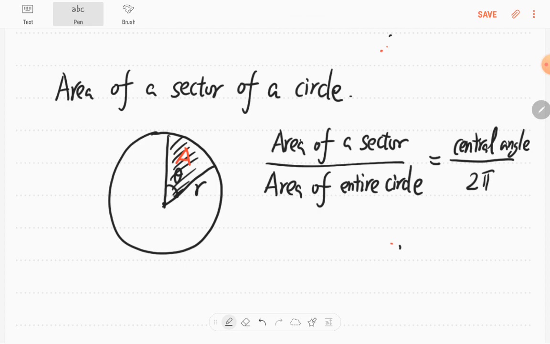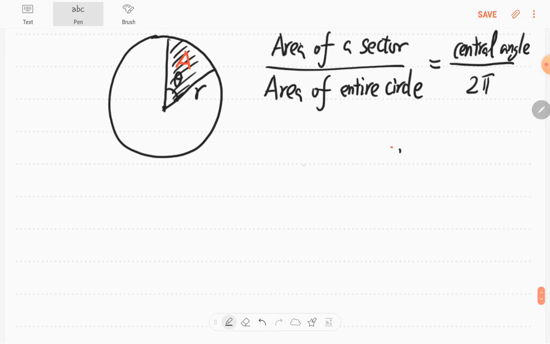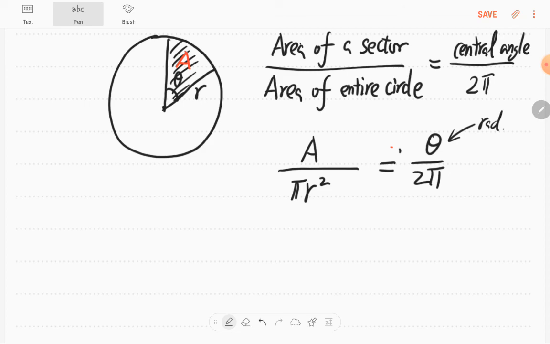Okay, so this ratio is equal to the central angle theta over 2 pi. So you will have A, the area of the sector, over the area of the entire circle. We have the radius, so pi r squared is the area of a circle, which is equal to theta over 2 pi. So here theta should be in radians, right? Because 2 pi is in radians. So this is the radian. So if you have, so A is equal